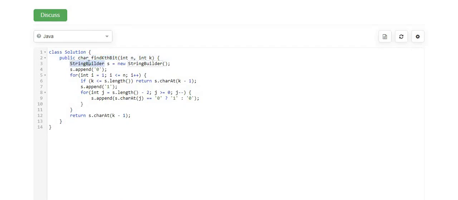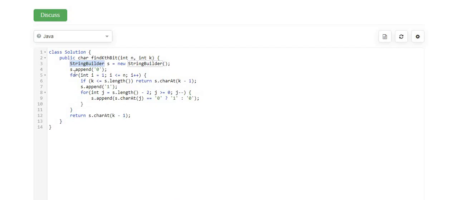First thing I am doing here is defining the StringBuilder, because here I am going to perform the append operations. Strings are immutable, and earlier I tried with the string, but it was giving me a TLE, time limit exceeded, for one of the test cases. So the reason could be that strings are immutable, so every time it forms a new string. I don't know if that is the case, but it was not passing all the test cases. So I moved the logic to the StringBuilder.